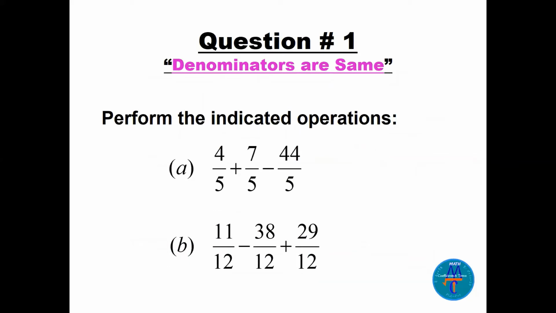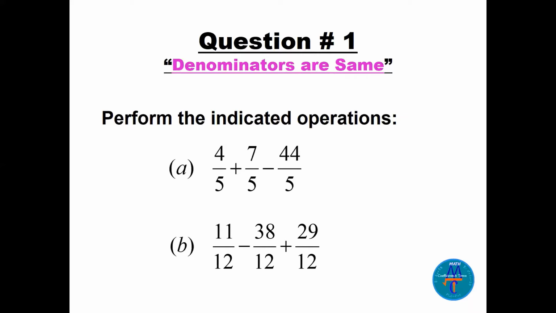So that's so easy. Look at the question. Perform the indicated operations. Means you add and subtract according to the question. 4 over 5 plus 7 over 5 minus 44 over 5. You wish all the questions will be like this, but that's not always, unfortunately. So how do we add and subtract? Just look first,